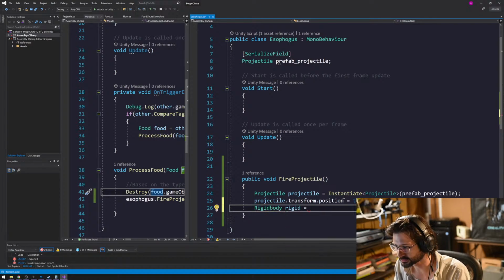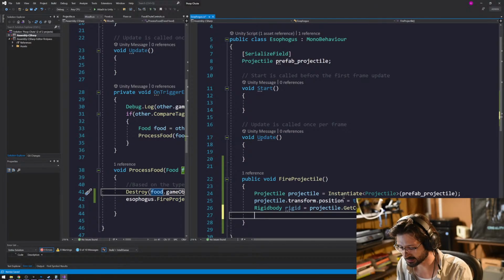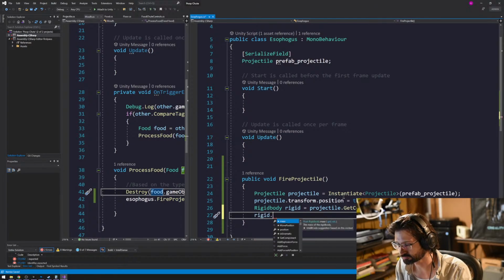Body.rigid is going to be equal to projectile.GetComponent. We're going to get a type of Rigidbody. And then, yeah, that's fine. We should do checks to make sure it's there and all that other nonsense. We're not going to do that right now. Rigid dot